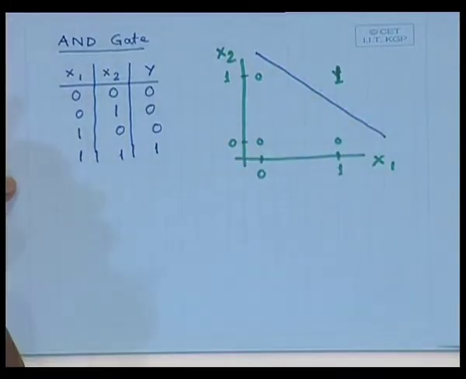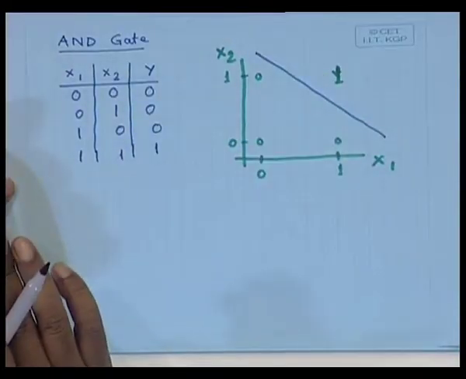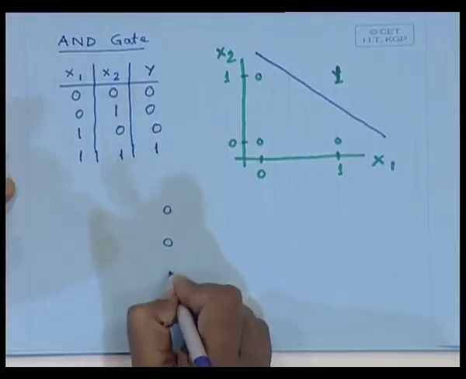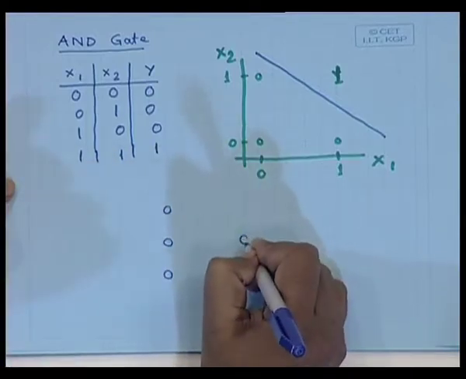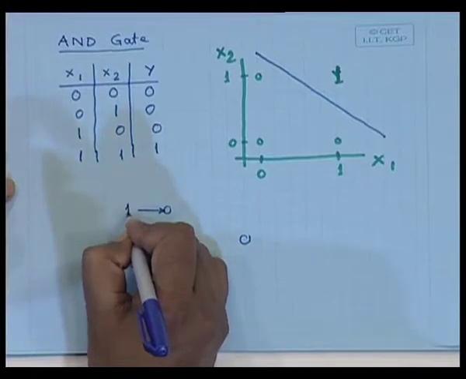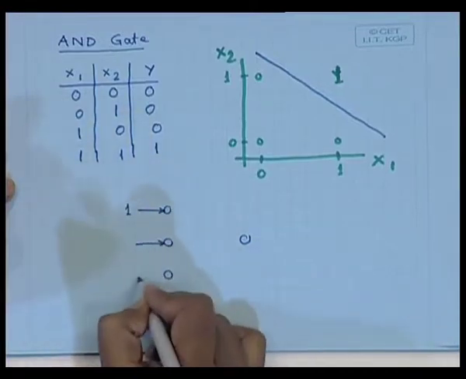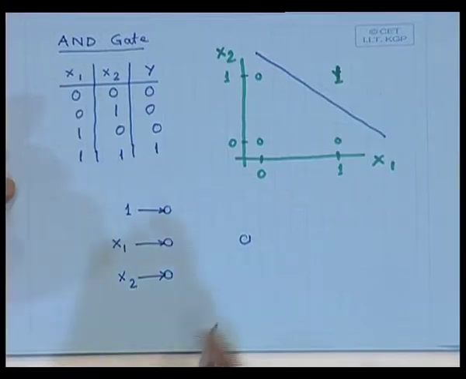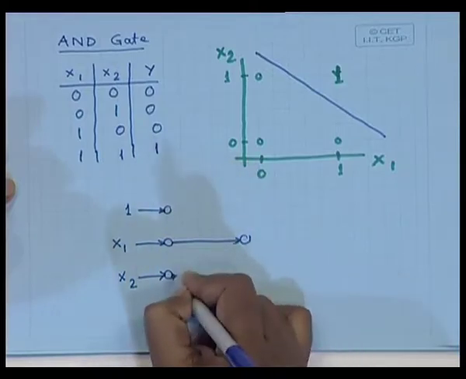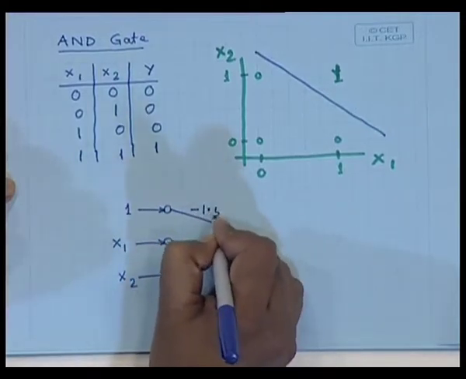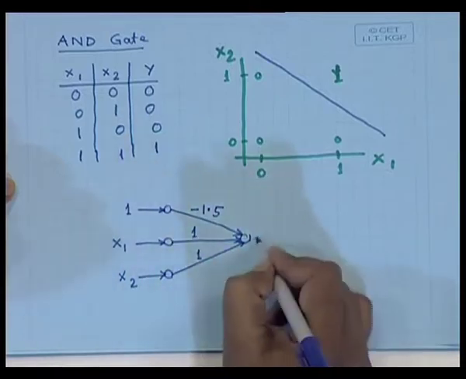and given this sort of classifier, I can have a single layer single output neural network which will give me this sort of decision boundary, and one of the possible neural networks that can give me this sort of boundary is like this. I will have 3 inputs and 1 output. One of these 3 inputs will have input equal to 1, and the other inputs will have my feature components x1 and x2. The connection weights can be something like this. I put minus 1.5 here, 1 here, and 1 here, and this is my output y,